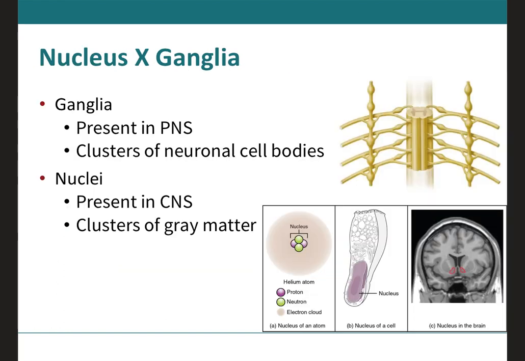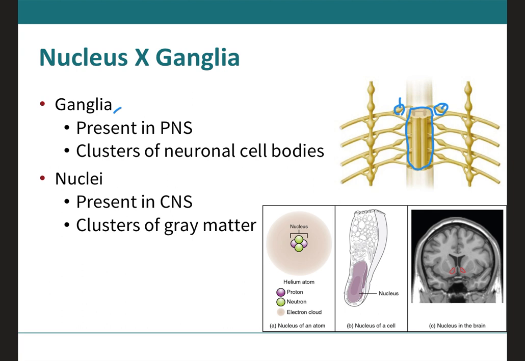This slide is to compare the nucleus and the ganglia. Remember that in the peripheral nervous system, we had the ganglia. So we're talking about two, one on each side, so this is your ganglia. This is your spinal cord. You can see we have two, one on each side. And this will contain, if you can recall, the cell body of a neuron. More specifically, it will contain the cell body of the unipolar neuron, which is the first sensory neuron that's going from the area that is receiving the sensory input and taking that information all the way to the central nervous